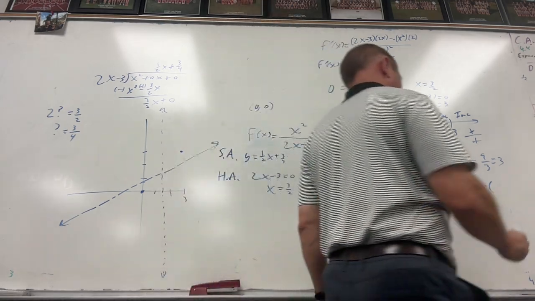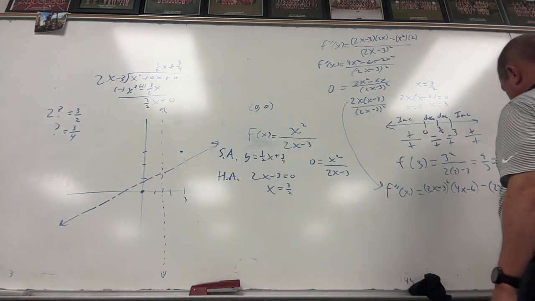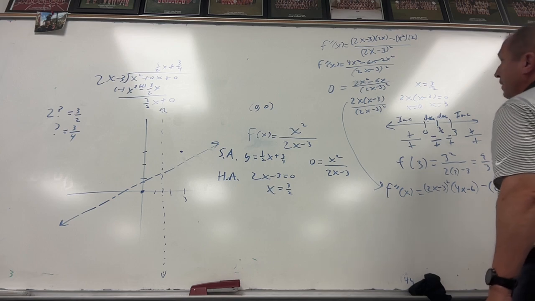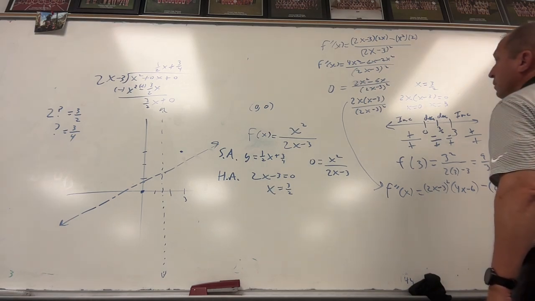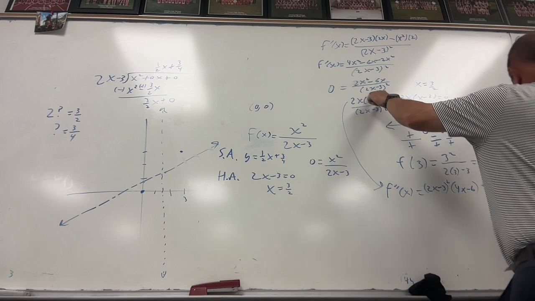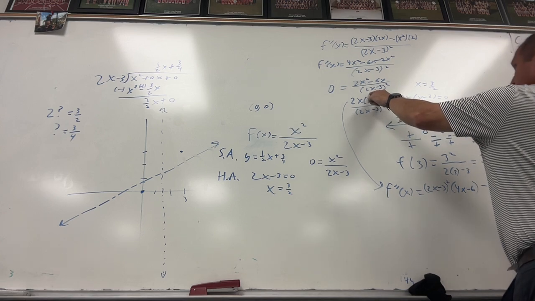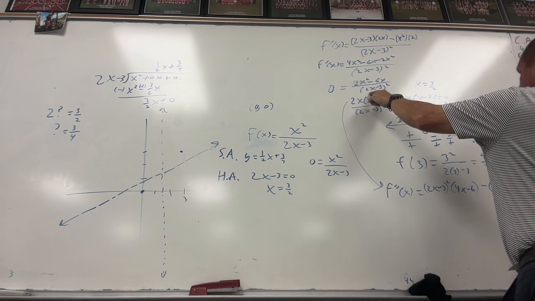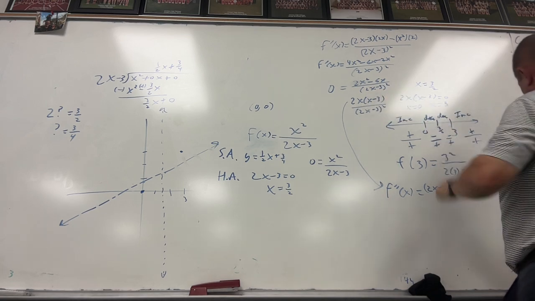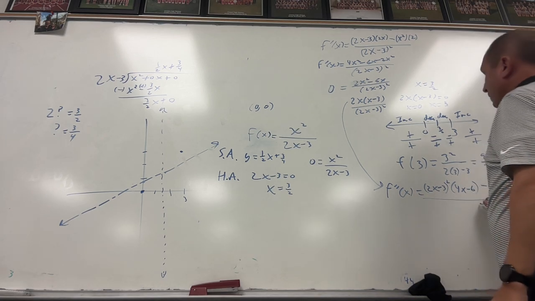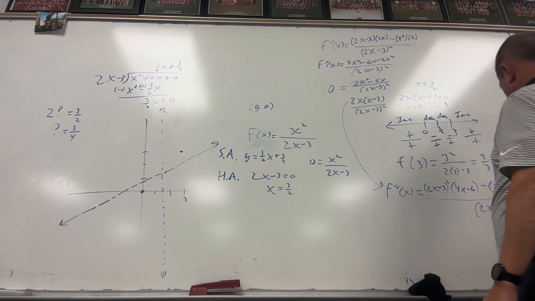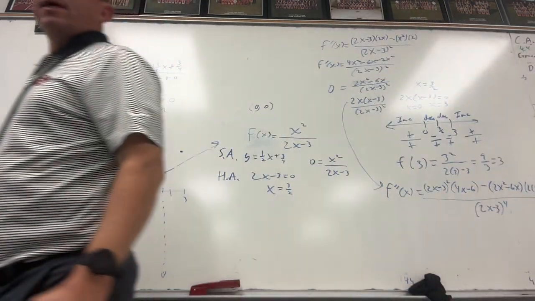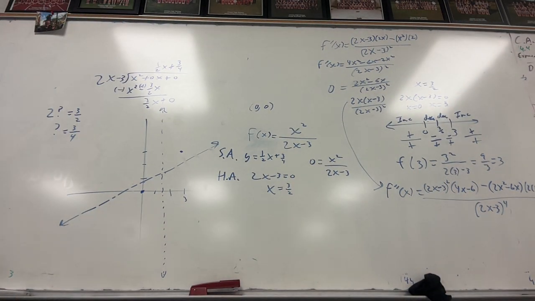2x squared minus 6x. And then the derivative of the bottom: 2 times 2x minus 3. No, would it not be 2 times? Oh yeah, 2 times 2x minus 3 times 2, so 4 times 2x minus 3. Yeah, it's going to end up being 4 times 2x minus 3. I just wrote it like that though. And then square root